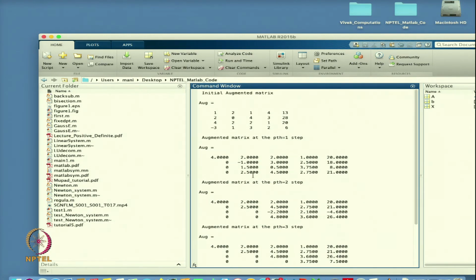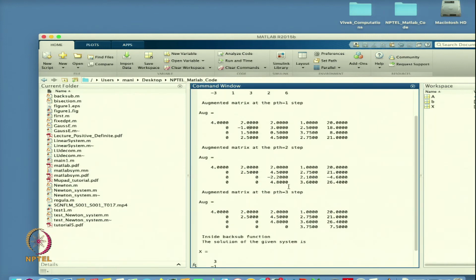It is 2.5 in the fourth row. So, what I will do now? I will swap this one with this value. So, it will be 2.5, 4.5, 2.75 and 18 and 21. This one has been changed and now I am making all the elements below this one 0, and this is the augmented matrix after the third step.